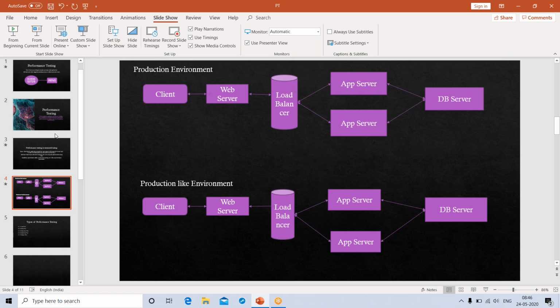Sometimes the developer will write a query to fetch some data. If the data is very less, the response will be very fast. If the data is too huge, the query will take some time to search the data and fetch the data for us.